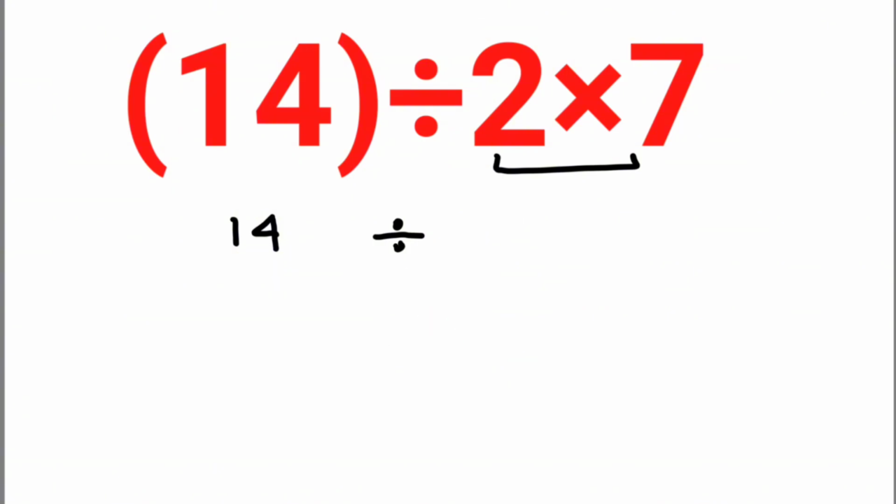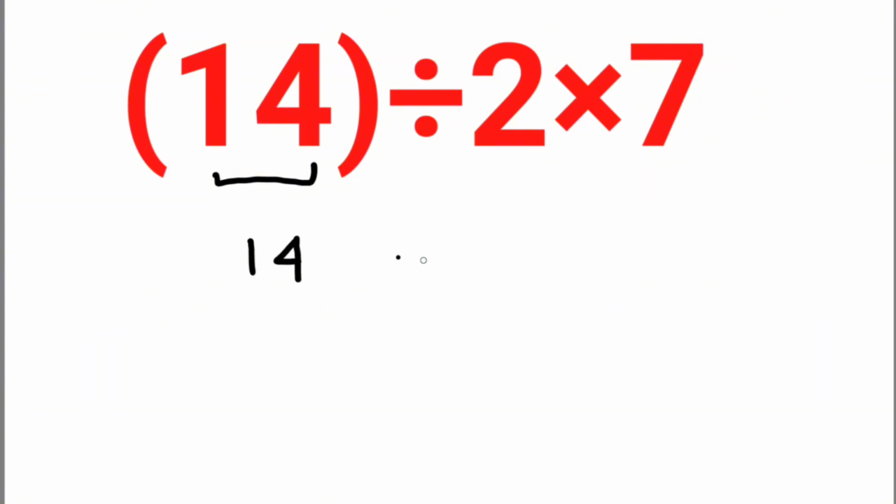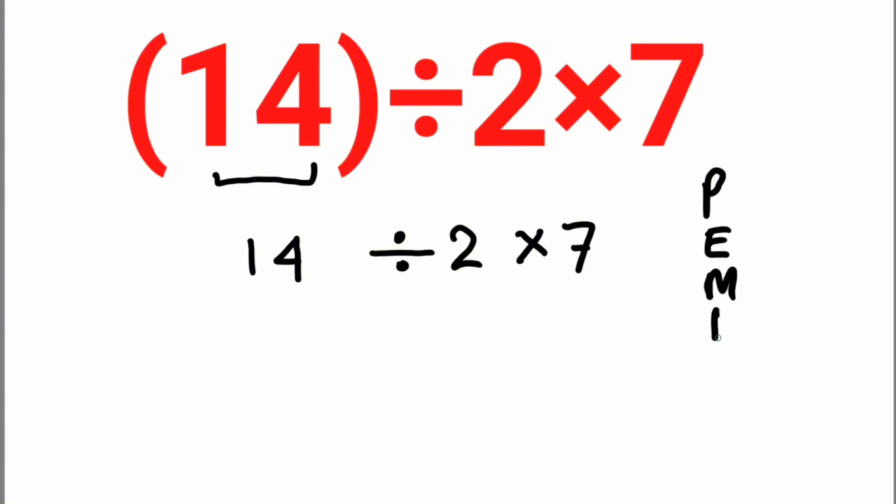because it is not according to order of operation. So we have to solve it again. It is 14, which can be written out of parentheses because it is a single value, divided by 2 times 7. Now, if you look at the rule, which is the PEMDAS rule or DMAS rule or BODMAS rule, first of all